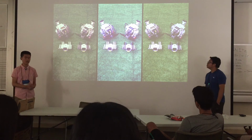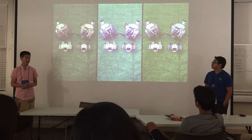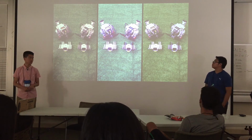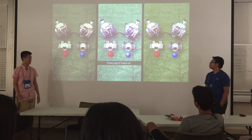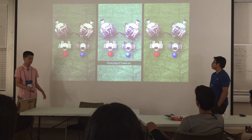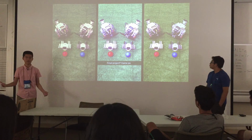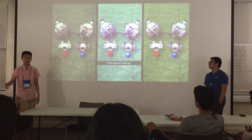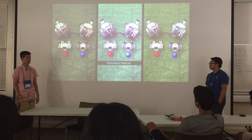Throughout this whole process, we learned that the perspective that you look at things and the mindset you have coming into a problem is really crucial. You see there are different filters and how we go through all the same processes to get to the same goal, yet we go through different pathways. That's how we build on each other's knowledge and experiences from the past, and that's how we were able to create something like